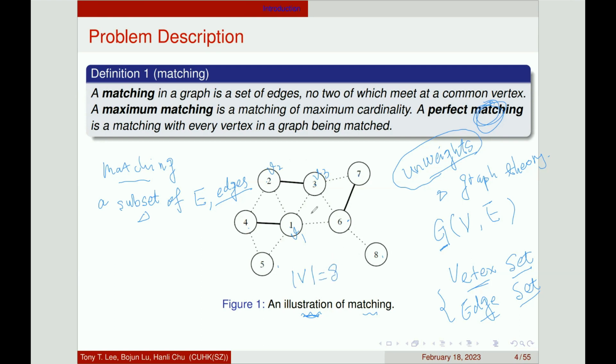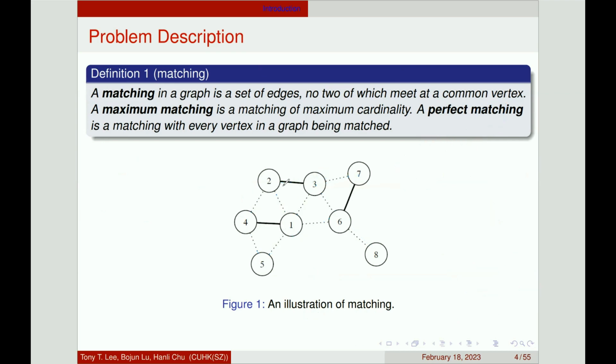Then you could see the edges. Of course we have the symbols here, the dashed ones and also the solid ones. These are the edges in this example. This is an edge, this is also an edge, this is also an edge in the graph. Both the dashed lines and the solid lines are the edges in this easy example. But now you could see that some edges in this example are highlighted as solid ones. So this just means an illustration of